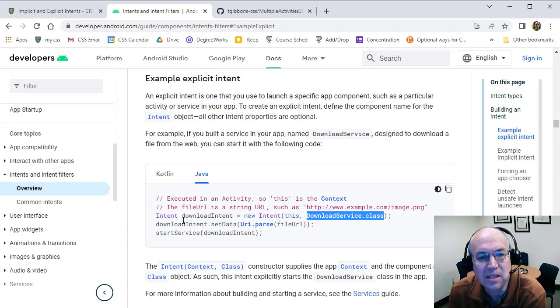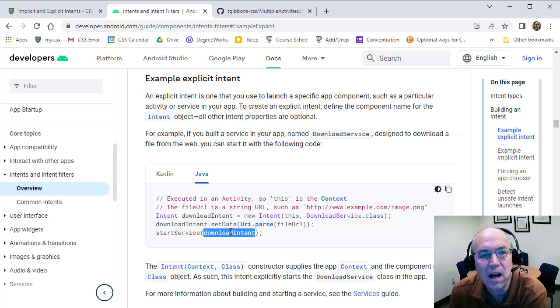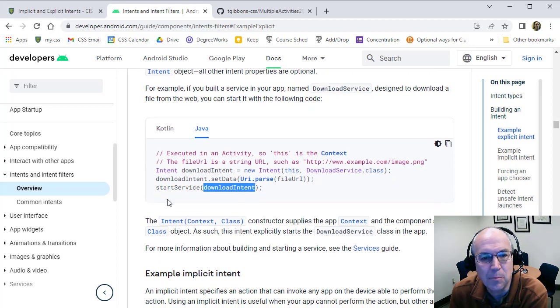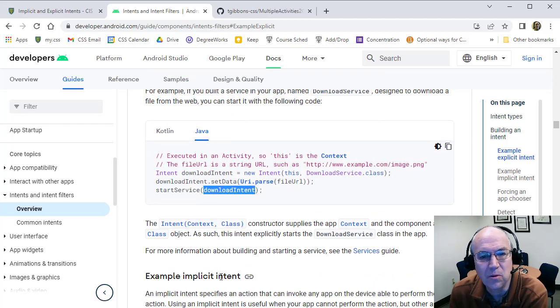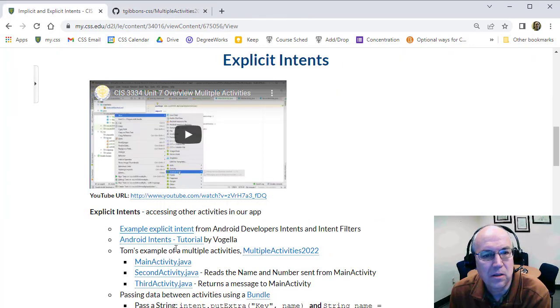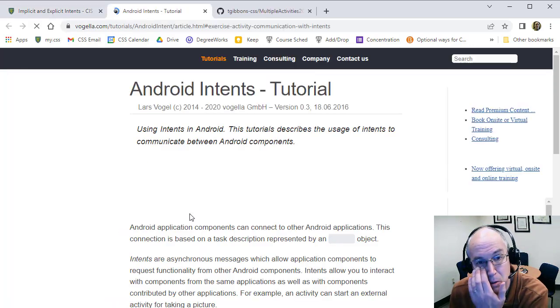We can then pass some data to it, and we'll look at some different ways of doing that. And then we say start. This is saying start service. We'll generally say start activity, and then we'll specify the intent here. So we'll look at a different example of this here. And again, now they go on to implicit intents, which we've already talked about in the previous video. There's also a tutorial from Vogella here that is kind of dated, but does go through some of this